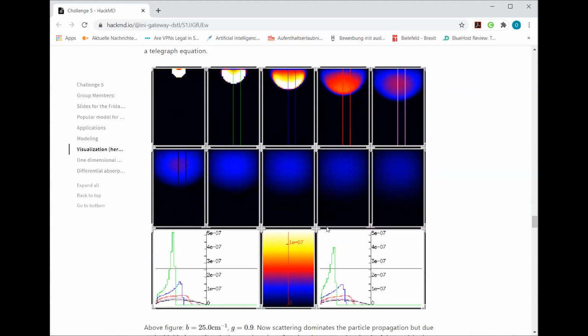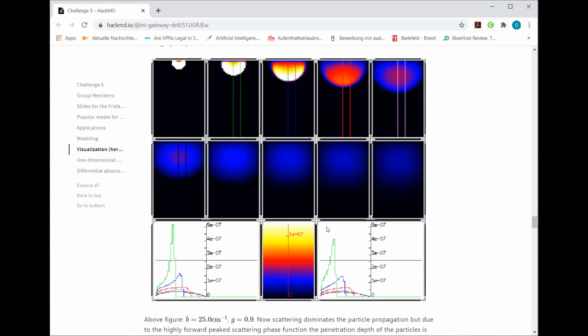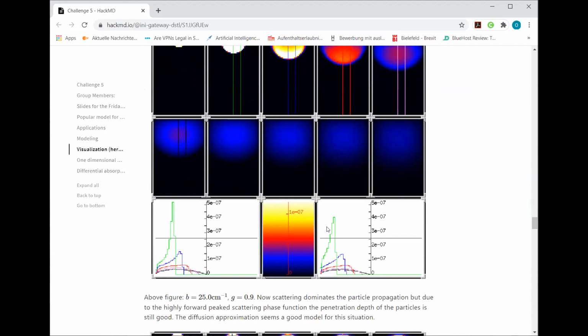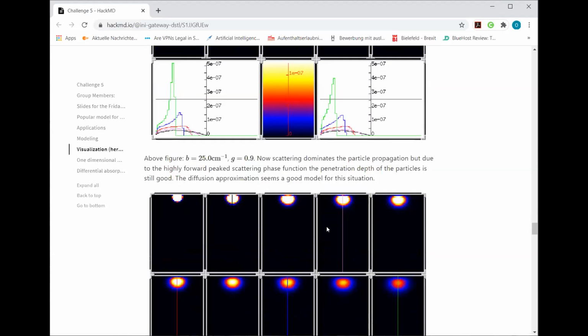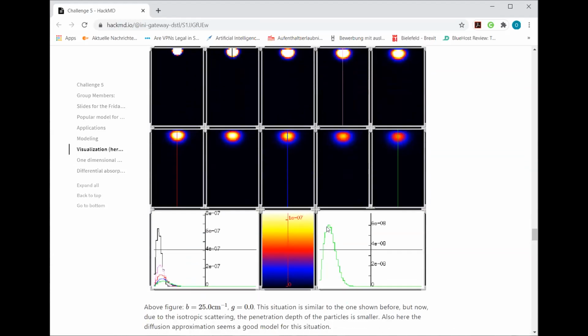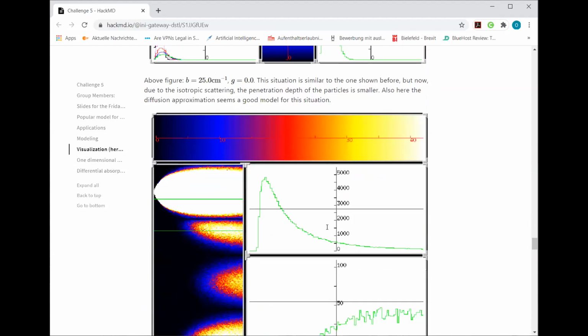Now, if you have a highly scattering environment, you see here the B becomes very large. So if there are lots of trees or lots of scattering going on, then you don't really see signal propagation anymore. You lose the directional information, and you might even lose the time information to a certain degree, so the time of flight information. So this is almost diffusive. And in fact, often the diffusion model is used for modeling this.